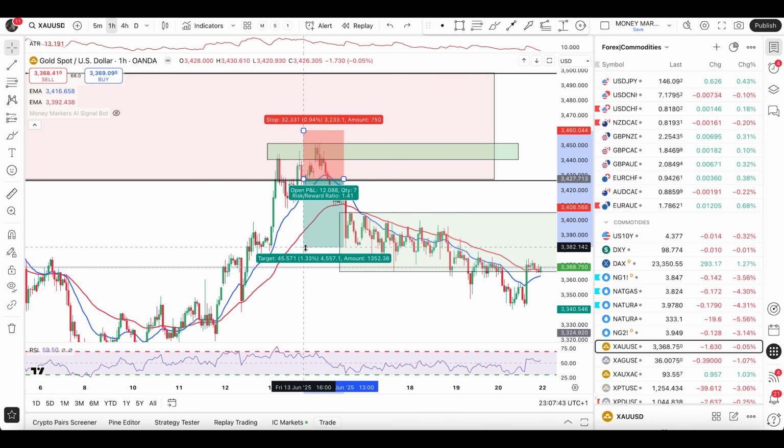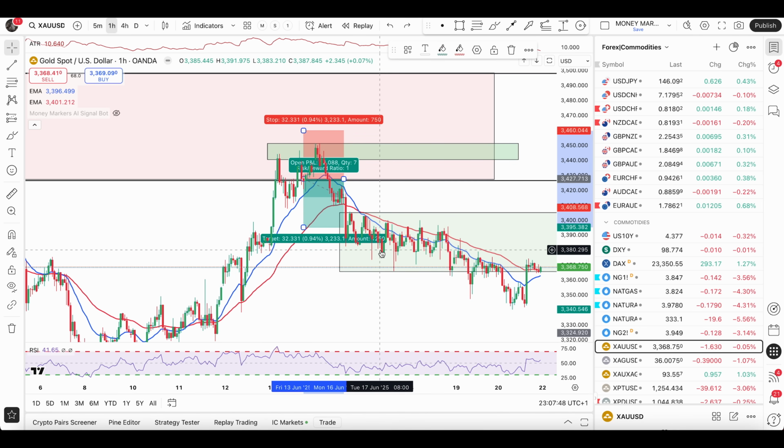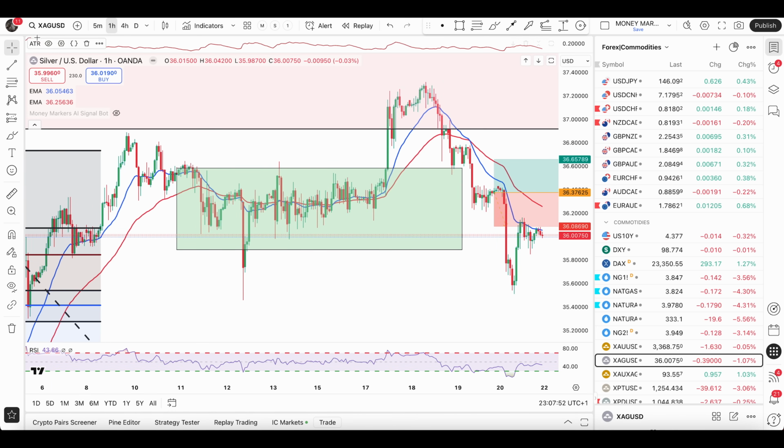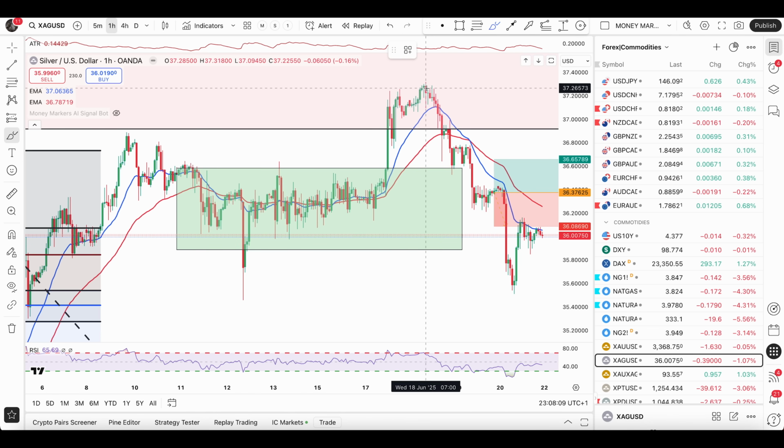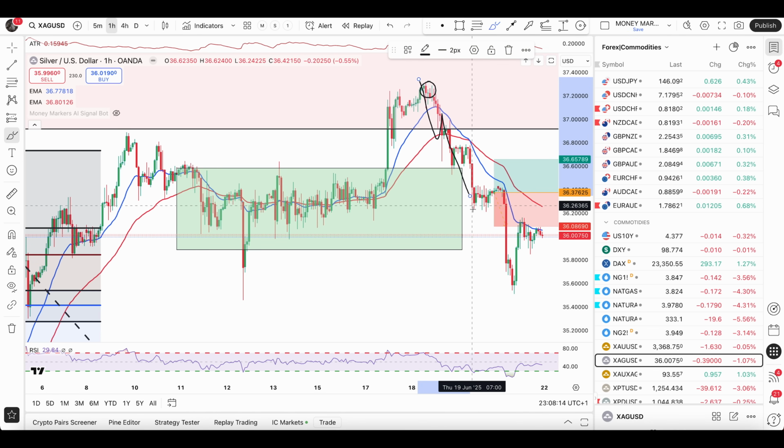Now it could have gone to 1.4-to-1 if you like to manage your trades. That would have hit your take profit easily as well. So very good example of taking the trade. With that, I've also sent a zone of silver right here to look for your conditions. This zone right in front of you, and we do have this bearish engulfer right here, and that massively pushed